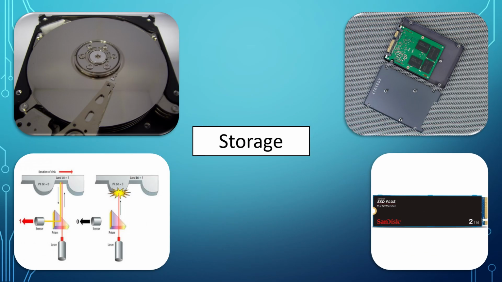USB drives also fall under the storage category. They are technically solid state drives because they don't have any moving parts in them, but we usually don't call them that because that can get confusing. We usually refer to them as USB drives, jump drives, thumb drives, or removable drives.